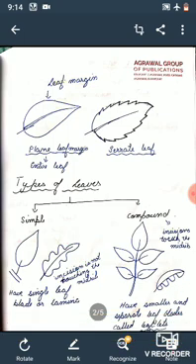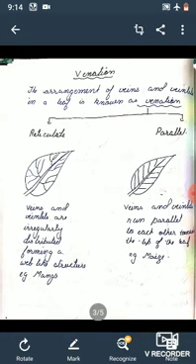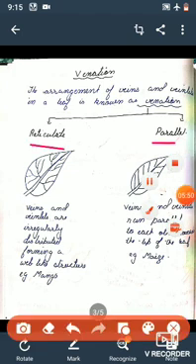Okay. Now venation. The third term is the venation. So what is venation? The arrangement of the veins and venlets in a leaf is known as venation. As I said, that petiole continue in the lamina as the midrib. Now midrib is further divided into the veins and the venlets. So arrangement of the veins and the venlets on the lamina is basically known as venation. Okay. So this venation is basically of two types: reticulate and the parallel venation.